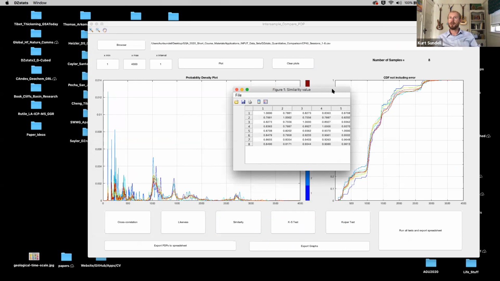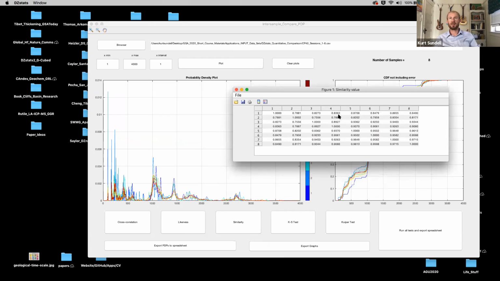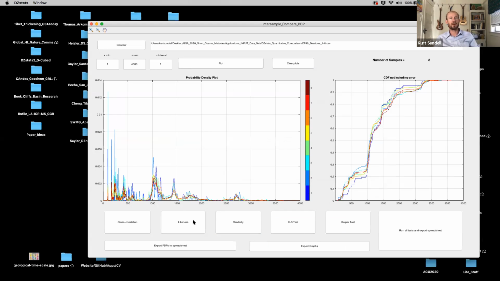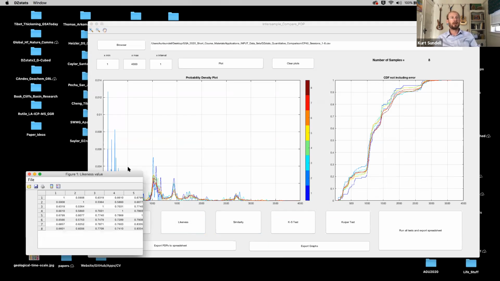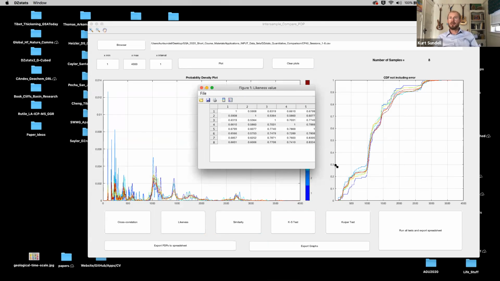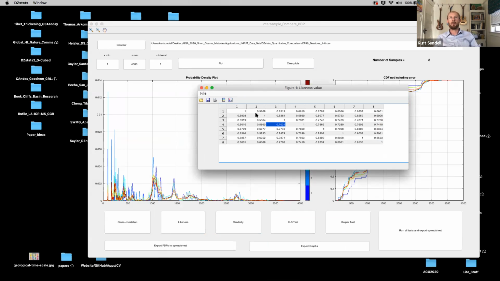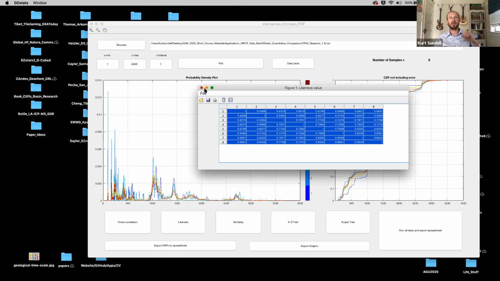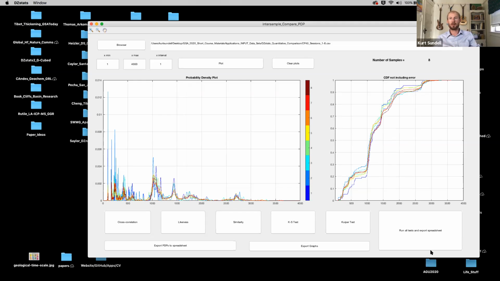A lot of people still use this George's metric that he came up with, likeness. So you get a matrix, and you can copy these into an Excel spreadsheet. But what we did is we figured, well,